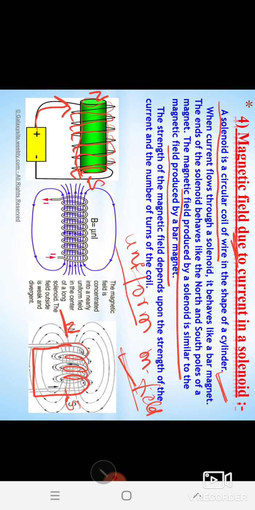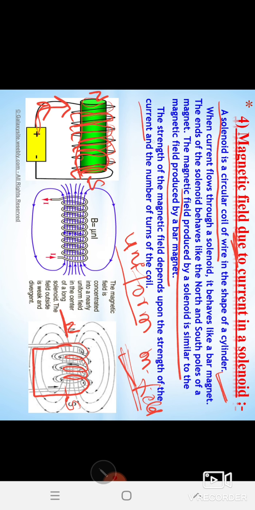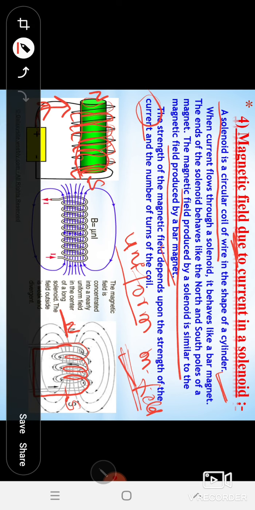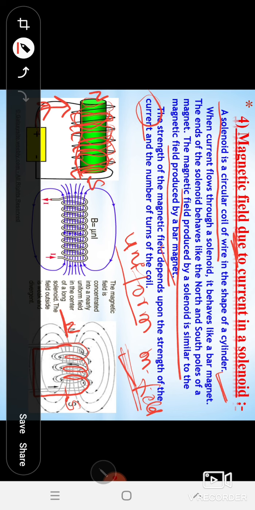The magnetic field produced by the solenoid is always uniform because it is the same in all places of the solenoid. How this magnetic field varies, that means how it increases or decreases, depends upon the strength of the current. If we pass a greater strength of current, and these are called number of turns, if we increase the turns of the coil and increase the current, the magnetic field produced will be higher. If we decrease the quantity of current and decrease the turns also, the magnetic field produced also decreases. This is called a solenoid.